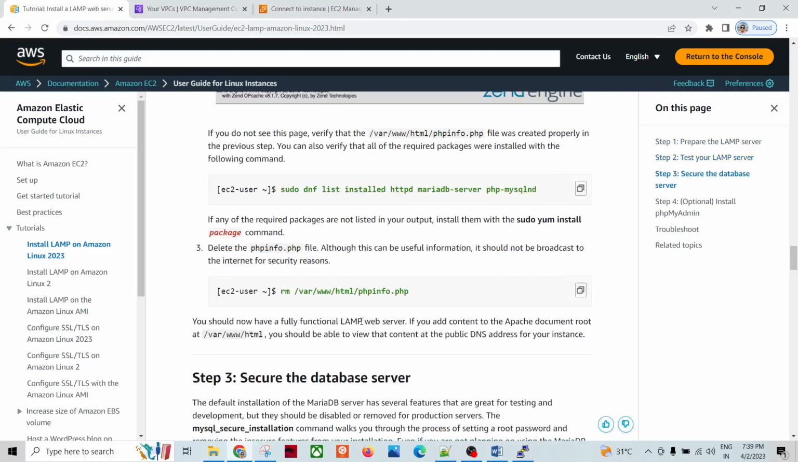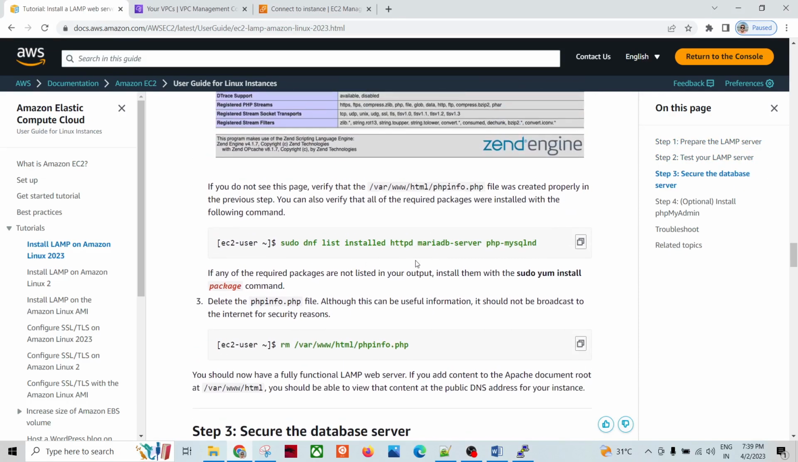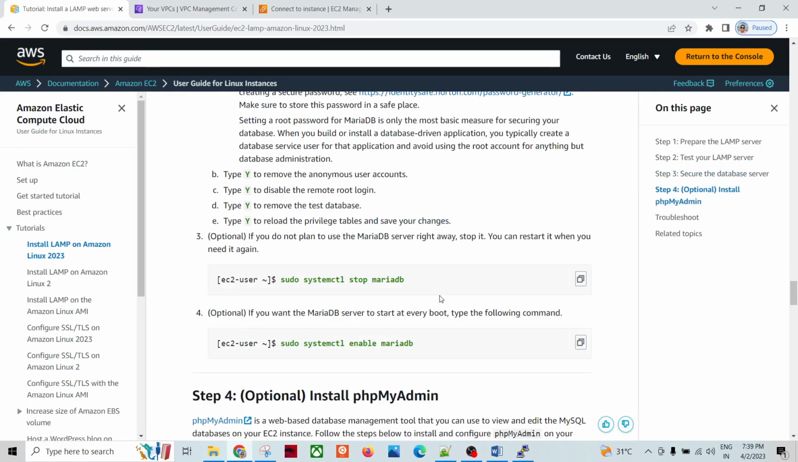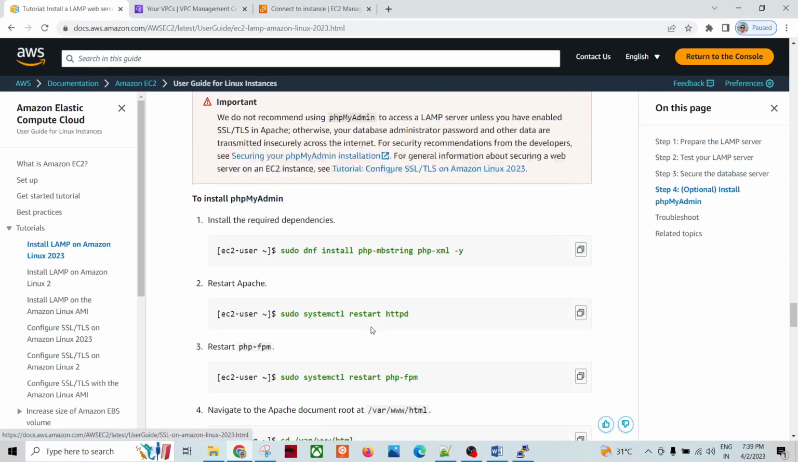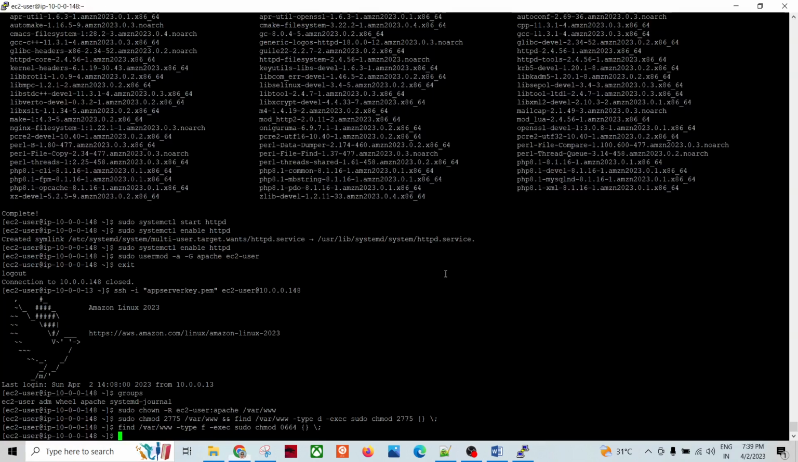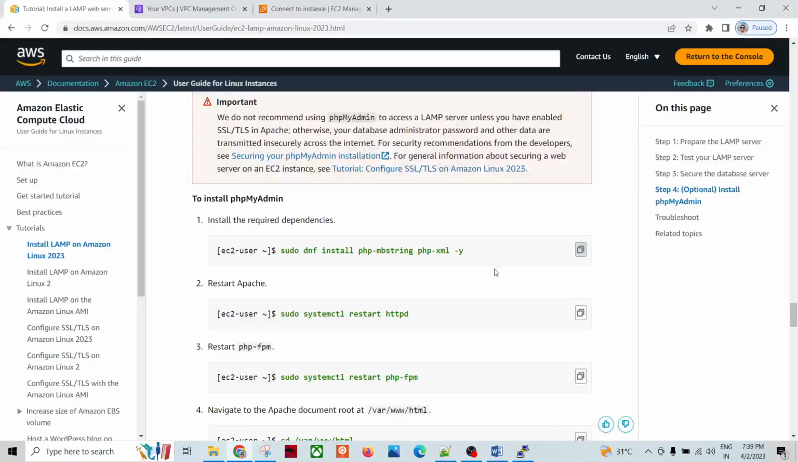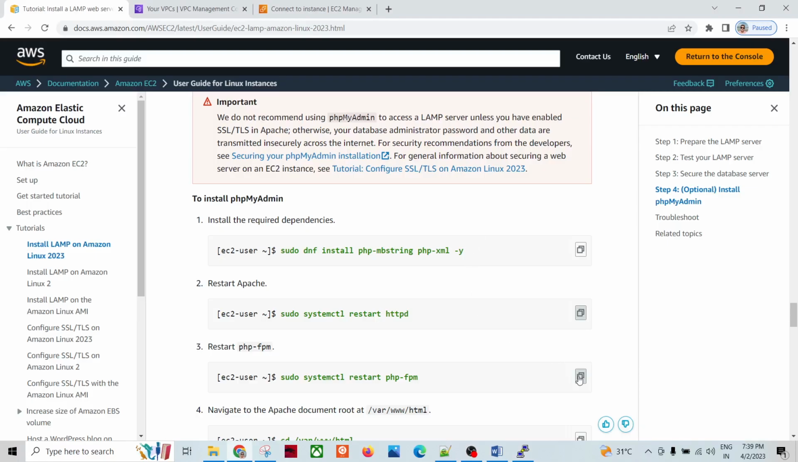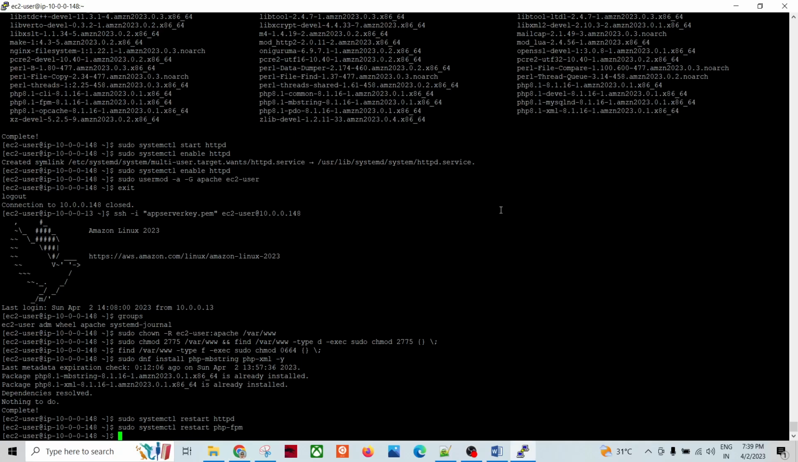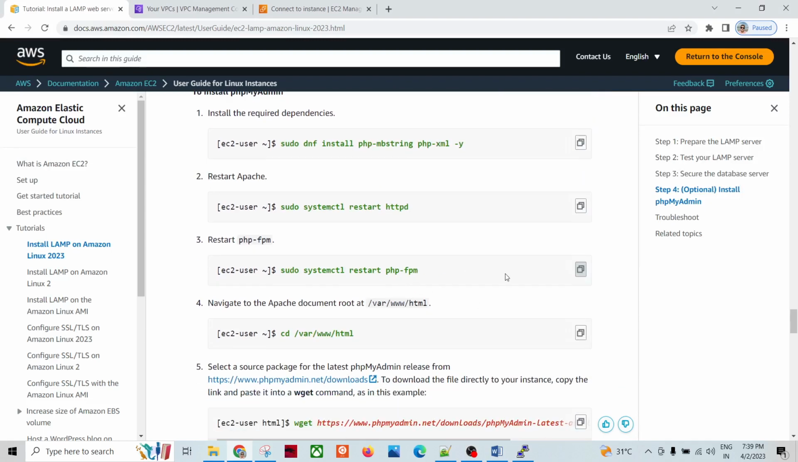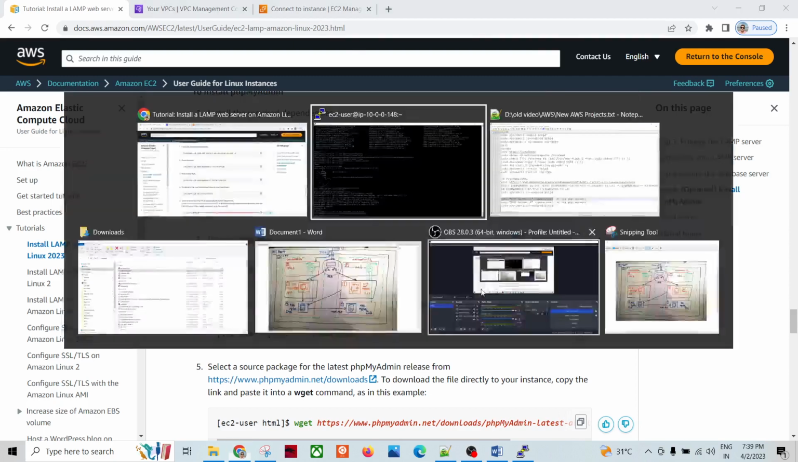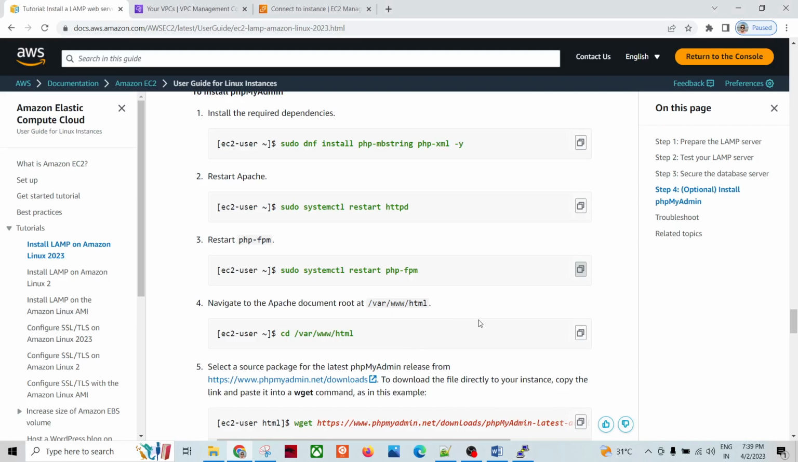This I don't need. PHPMyAdmin, nothing required. Not required. Start MariaDB not required. This PHPMyAdmin I have to have. I need to restart my web server. Okay, and restart PHP, restart app server, restart PHP within that, and then go to the